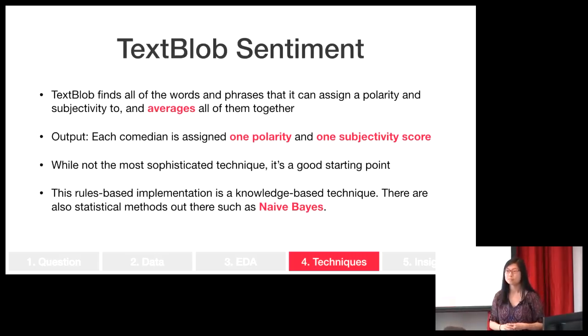Why is naive Bayes the most common technique used in NLP? Yeah, that's a great question. So with naive Bayes, the major assumption there is that all your features are independent. So it's saying,